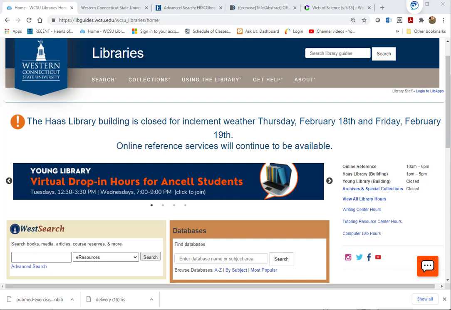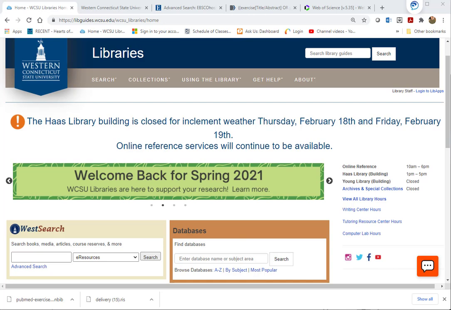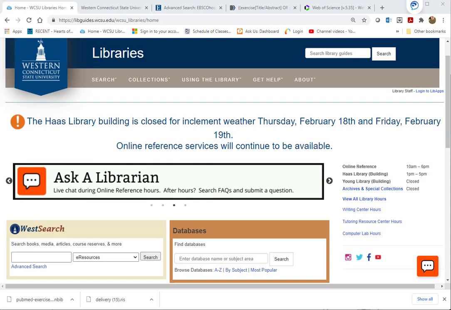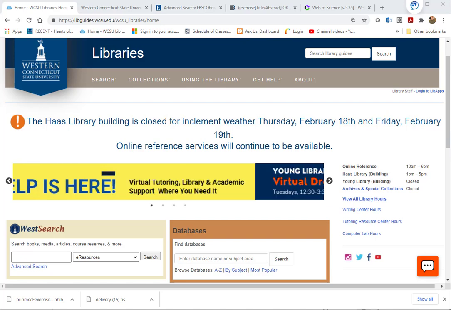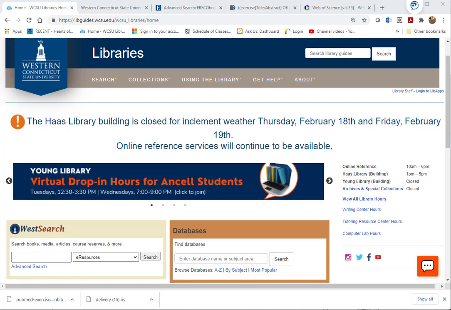We will do a brief search in a database called CINAHL to illustrate the process. CINAHL is an acronym for Cumulative Index to Nursing and Allied Health Literature. It is a nursing and health profession database, but the process of searching for articles, obtaining citations, and transferring them to Mendeley is similar in most databases, such as Academic Search Premier, PsycInfo, Web of Science, and PubMed. Google Scholar also works with Mendeley.